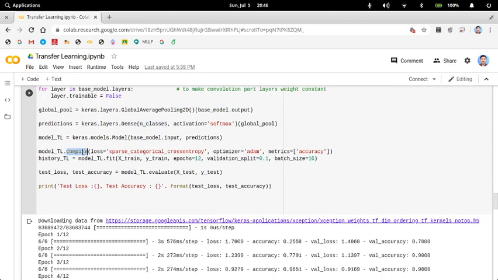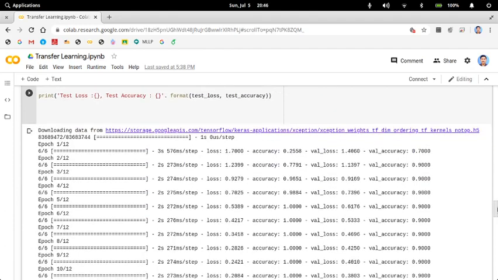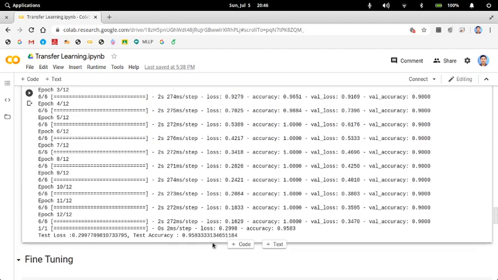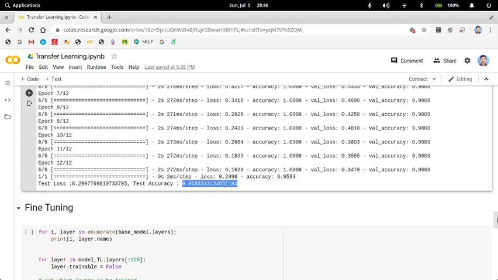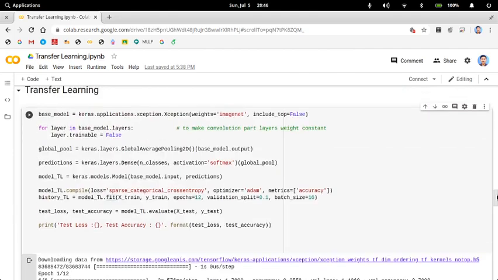Now you compile your model and fit your model. Once you run and evaluate your model, you can see that you get better accuracy, about 95% accuracy. So that is what transfer learning is.